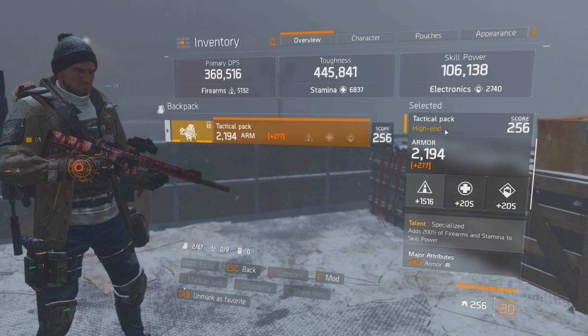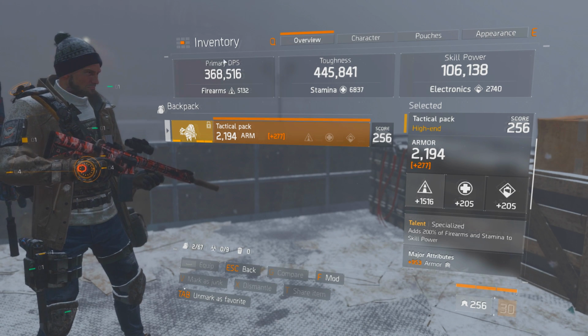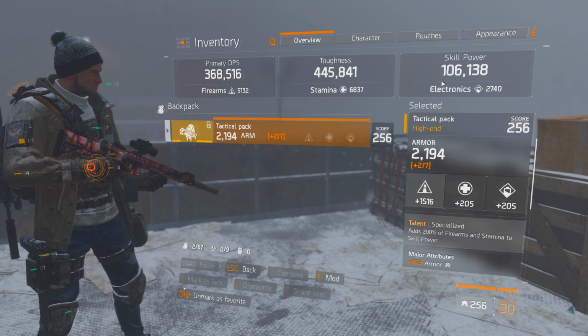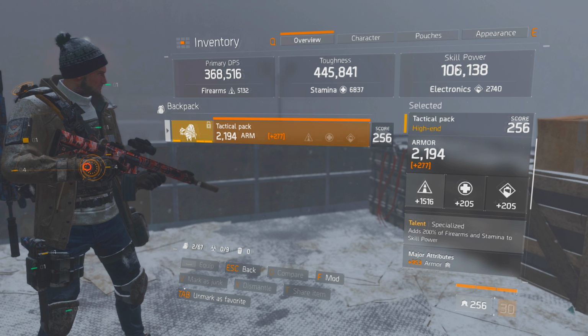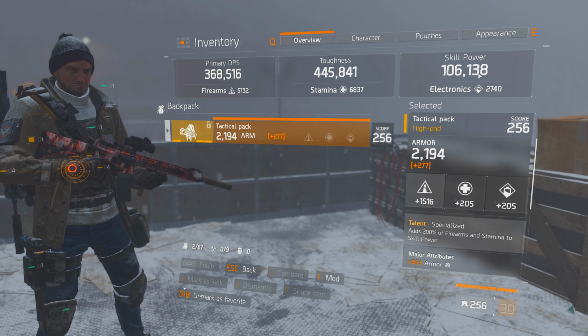Now what specialized does is it adds 200% of my firearms and my stamina to my skill power. So it takes it from this pool, adds 200% and chucks it onto my skill power. My skill power would normally be about 70,000, 75,000. This is giving me enough to get my skill power up to 100,000, which again is going to be for